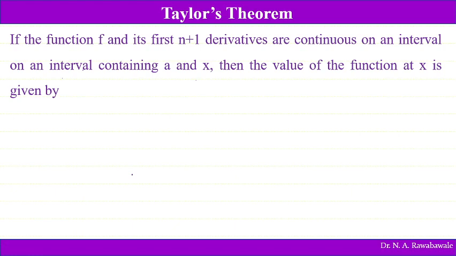If the function f is a continuous function and it is having n plus 1 derivatives which is continuous in an interval containing a and x, then the value of function f of x is given by